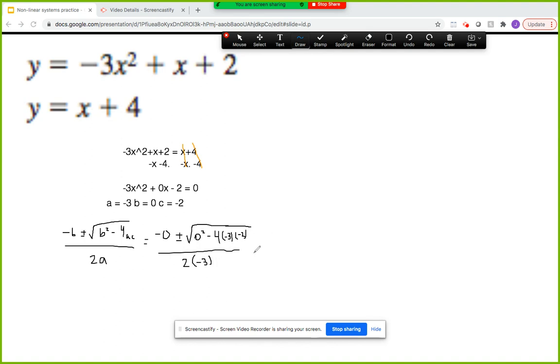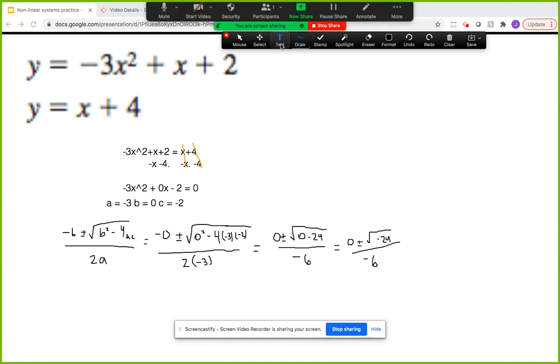Okay, and then we're going to simplify that to 0 plus or minus the square root of 0 minus 24, all over negative 6. And that's going to give us 0 plus or minus the square root of negative 24 over negative 6. Now, because our radicand value is a negative number, that tells us that there is no real